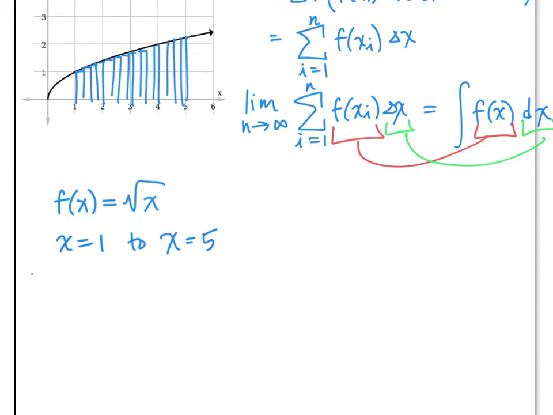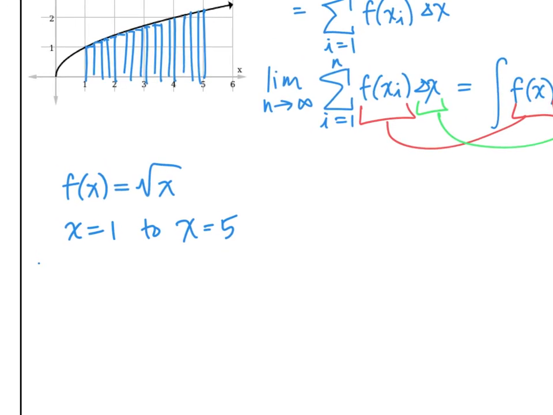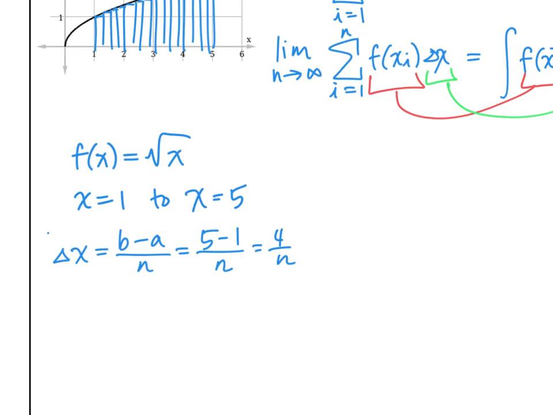All right, to write it in the summation notation, we need to first figure out what delta x is. Remember, delta x is the end minus the beginning over however many there are. Well, this time it's the same as before, 5 minus 1, but we have an infinite amount of n, so I'm just going to leave it as n. So this is 4 over n. All right, now let's talk about f of x, because we figured this part out. Now we're going to figure out this part. So f of x,